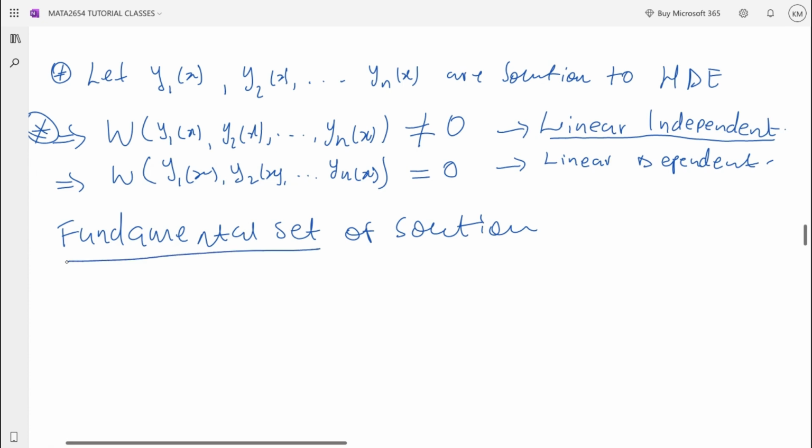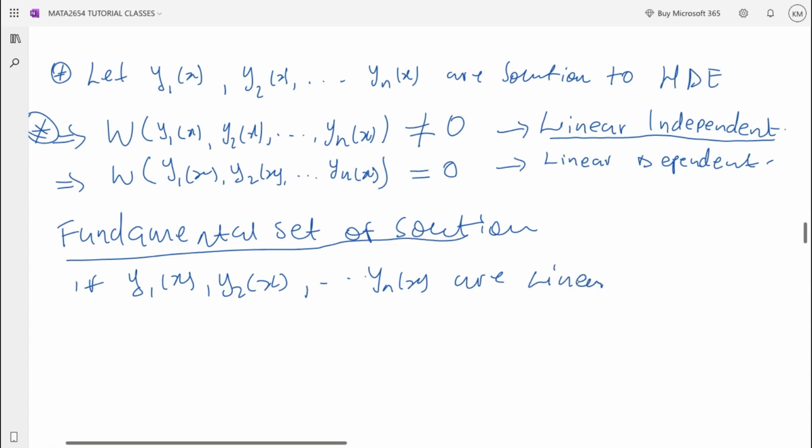So by fundamental set of solutions, we say that if your set of solutions y1, y2 of x up to yn of x are linearly independent,